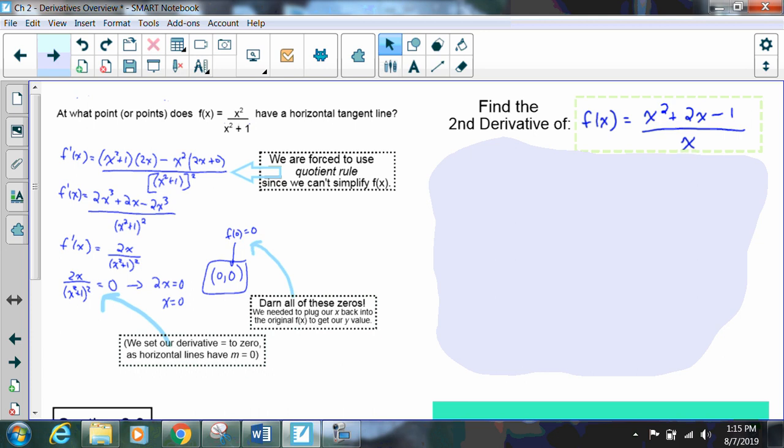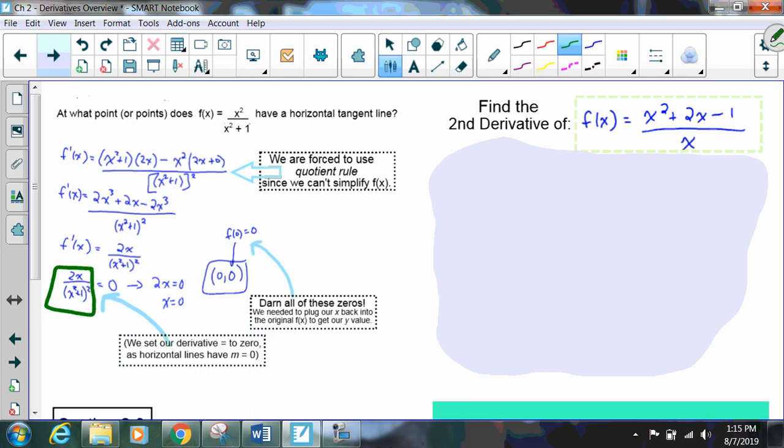And so what we're looking at is we are forced to use the quotient rule, unfortunately. I mean, it's not that big of a deal, right? But we find the derivative, and then we know that a horizontal tangent line would have a slope equal to 0. So when we find the derivative, what we're really finding is the equation that will give us the slope of any tangent line to that curve. And so the tangent lines to the curve that are horizontal obviously have a slope of 0. And I probably wrote all these things down, right? Oh, darn, all these zeros. I hate when we do all this hard work and both of the answers, x and y, are both